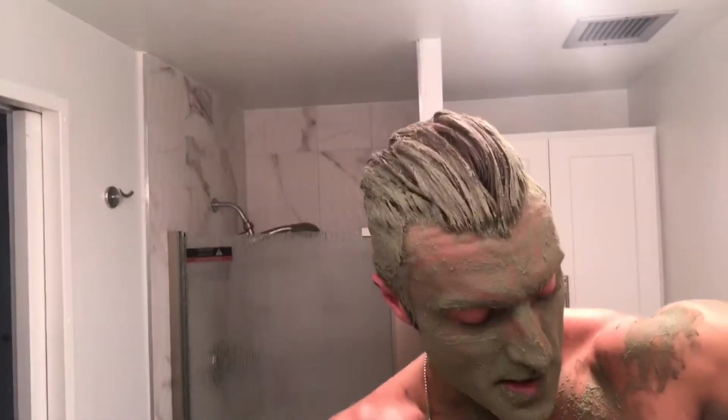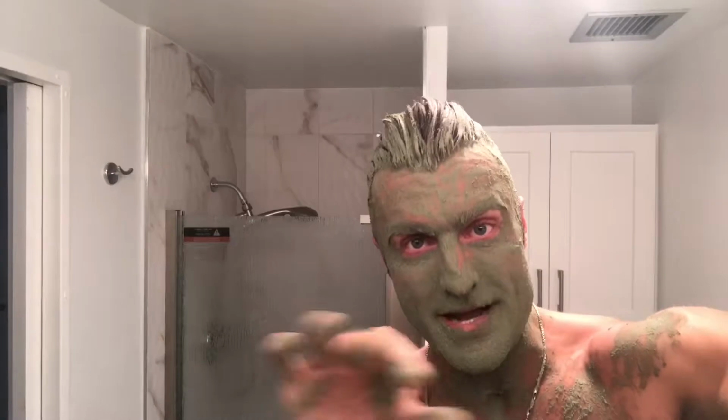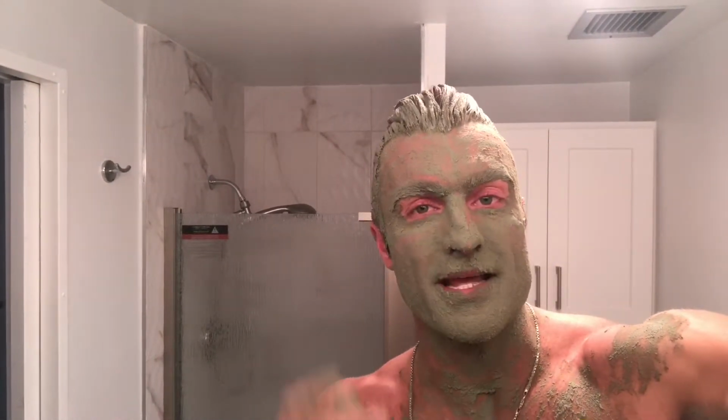All right, step 3. In an upwards motion, take your already mixed clay mask and then apply upwards to get the blood flowing upwards. And then I focus right around, I get really up close near the under eye area and the T-zone, just to release a lot of that congestion, get a lot of those stagnant capillaries underneath the eye moving. So I think that really can counteract a lot of the puffiness, the under eye bags, and the